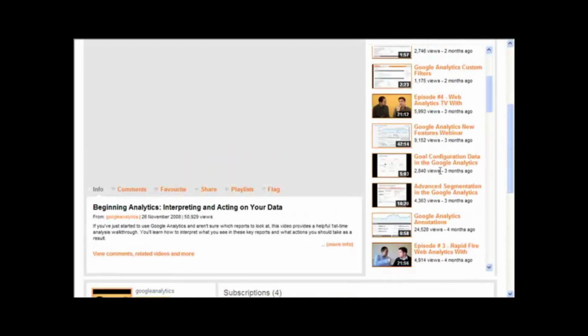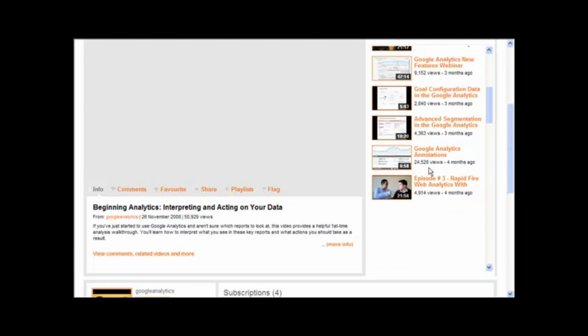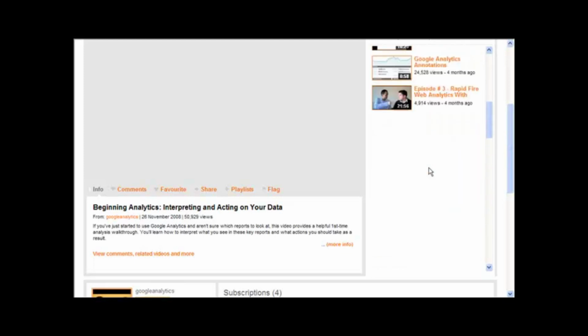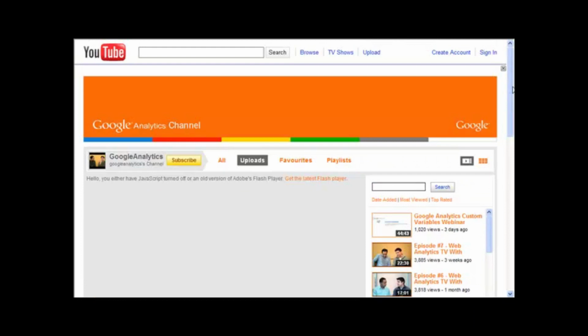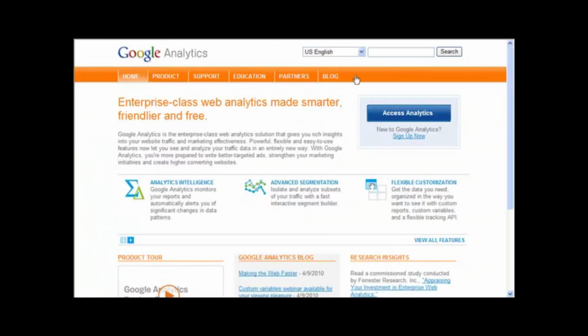You can see here how to configure goals. I mean, the stuff you can do with Google Analytics is incredible, it really is, and a lot of this information here is going to save you a lot of time, because yeah, I could show you how to use all this, but these are the people from Google themselves showing you how all of this works. So you can see you've got a lot of very good information there that you can use to understand how analytics works. Now if we come back here, we'll just access analytics now.